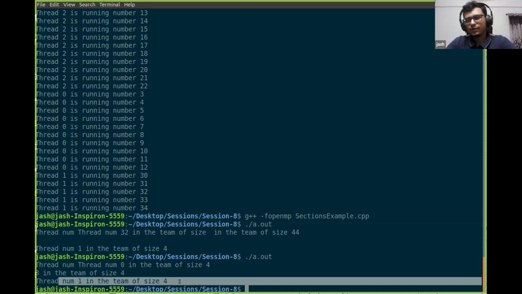And in this case, thread 2 is idle. So the bottom line here is that each thread will pick up one section, and that will ensure the task parallelism. One thread will be assigned one section, and each thread will have some amount of work to do based on the section that is assigned to it. This is how task parallelism is achieved using sections.